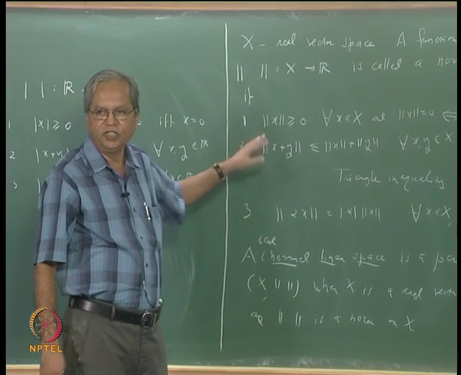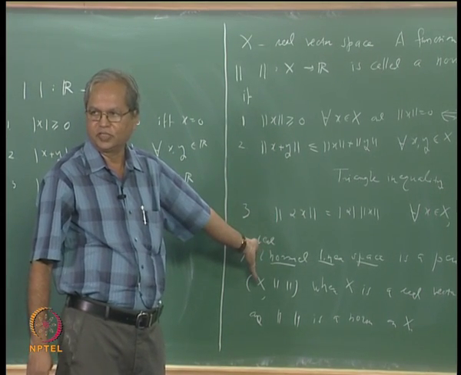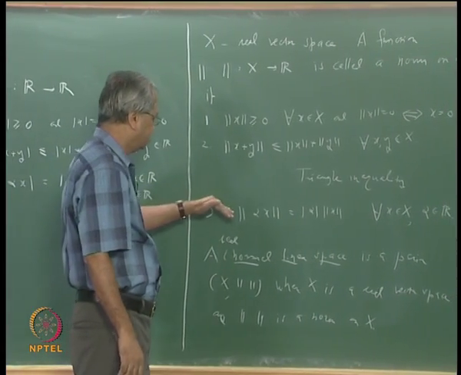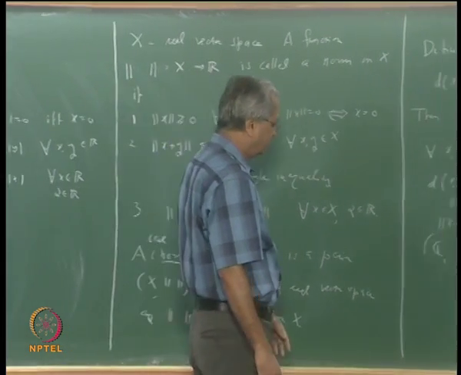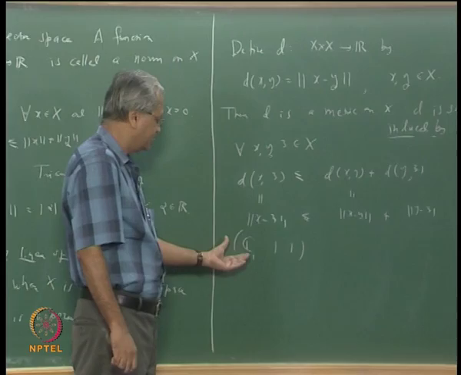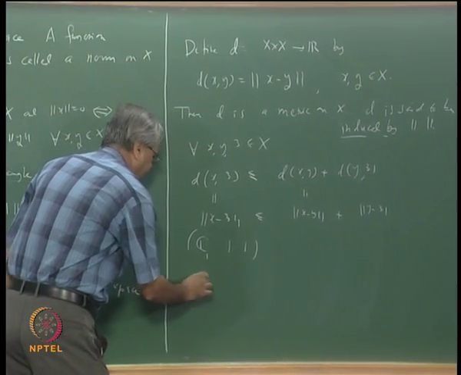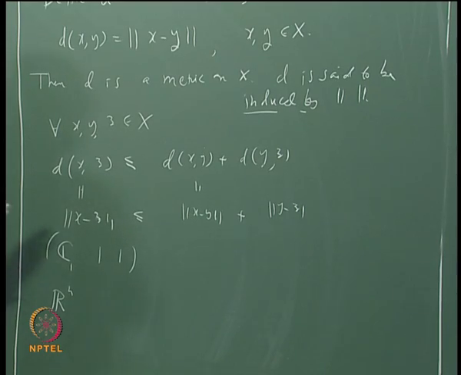If instead of a real vector space we had started with a complex vector space, it would have been a complex norm linear space. But let us confine our attention to real norm linear spaces. Then what are the other obvious examples that you would have already seen? These spaces Rn, with various norms that we can define on them.